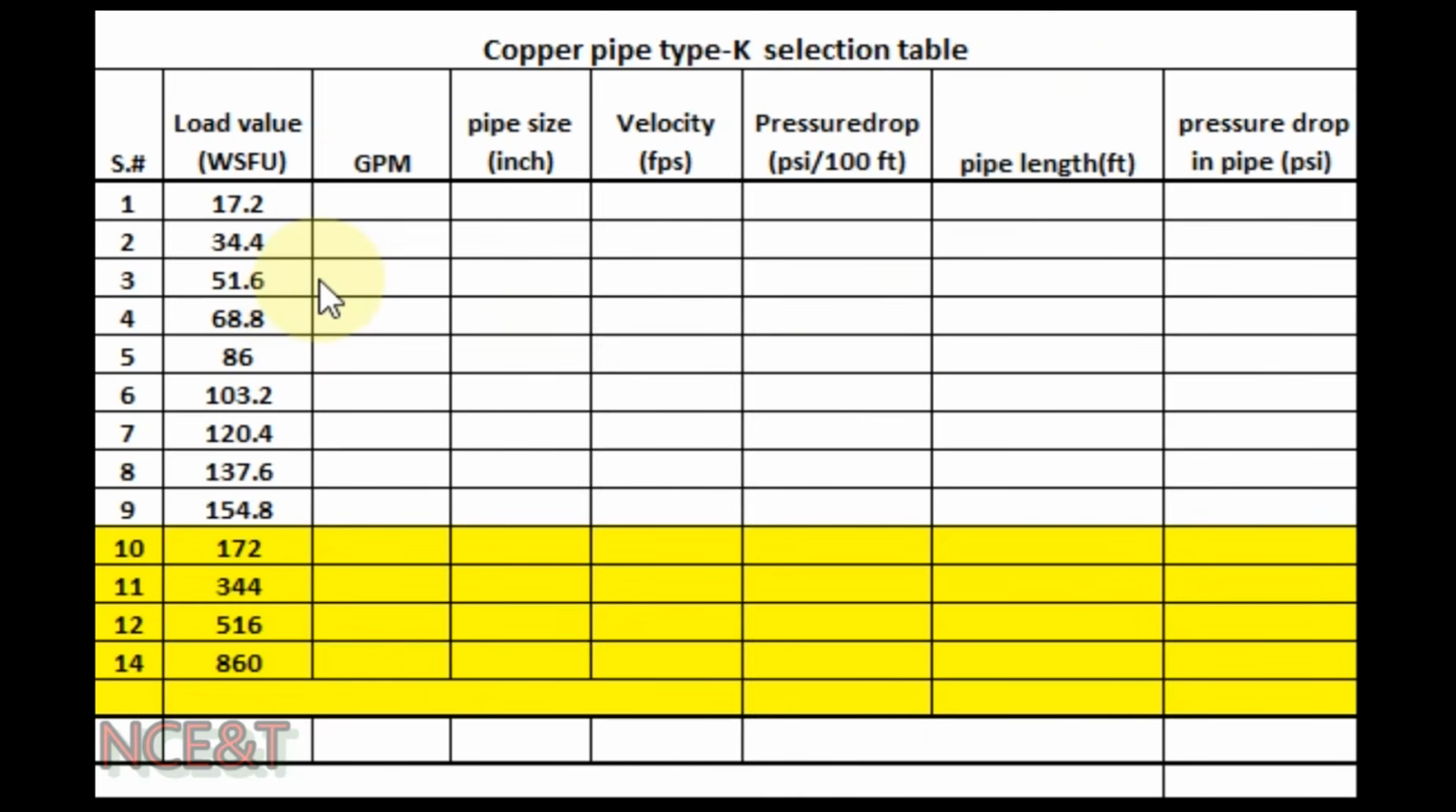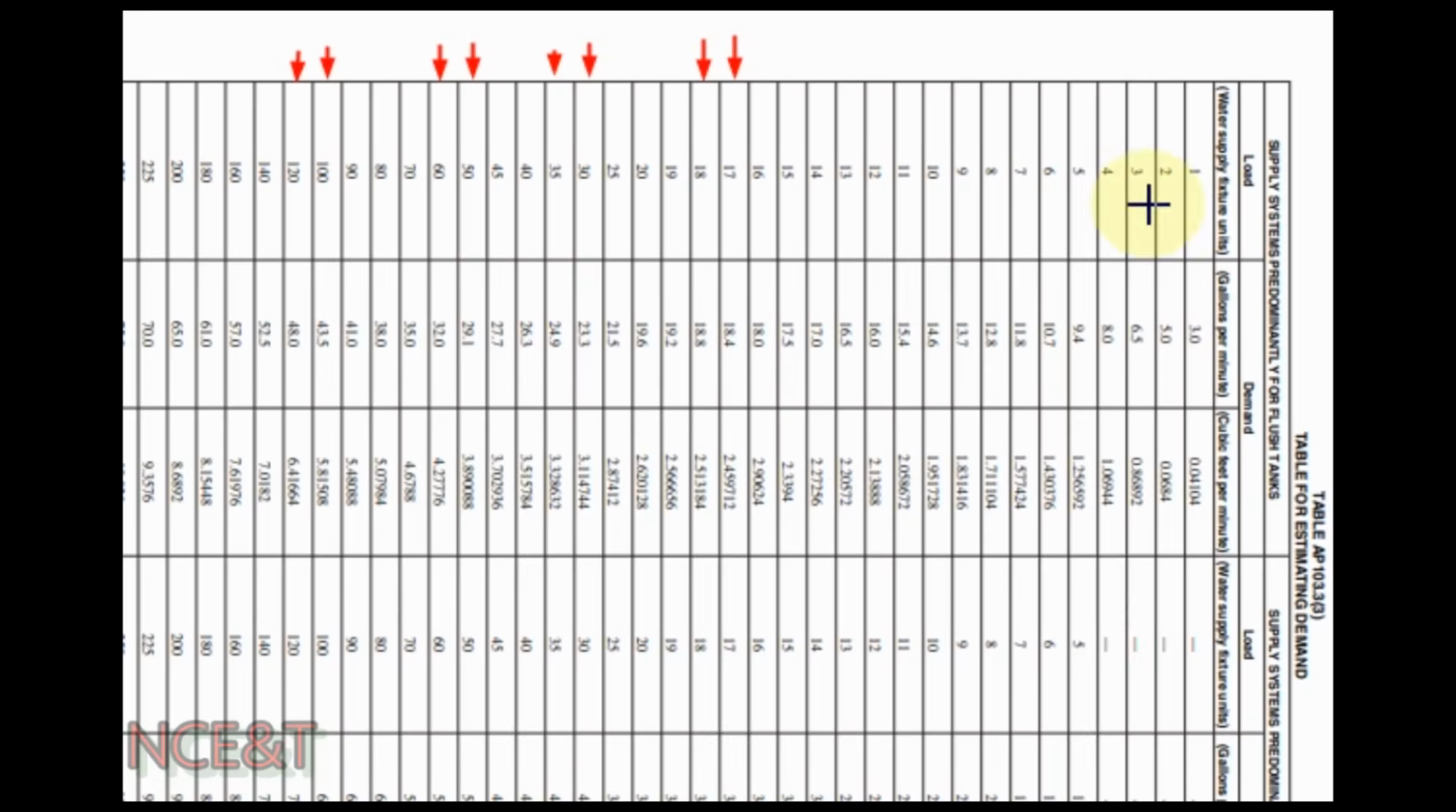Let us select the GPM. But there will be one problem. You can see our load values are 17.2 water supply fixture unit, 34.4, 51.6, 68.8, and it goes up to 516 and 860. When we go to table 103.33 to select the corresponding GPM, you can see in this list we have the